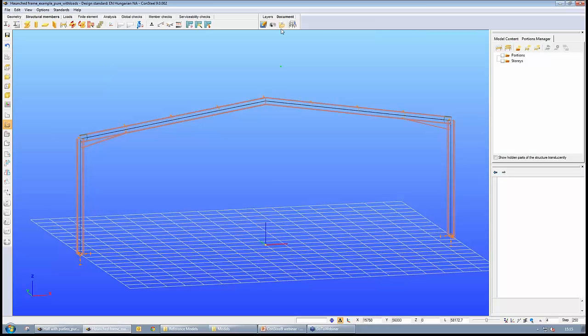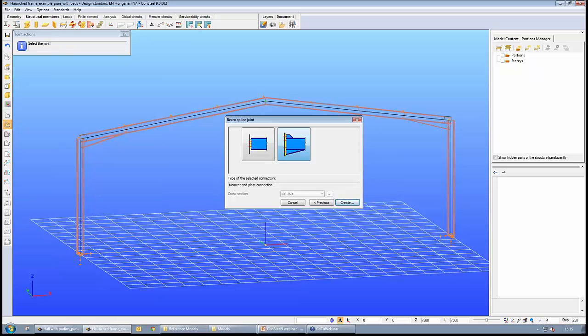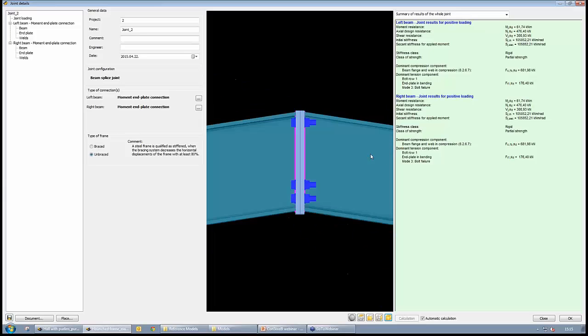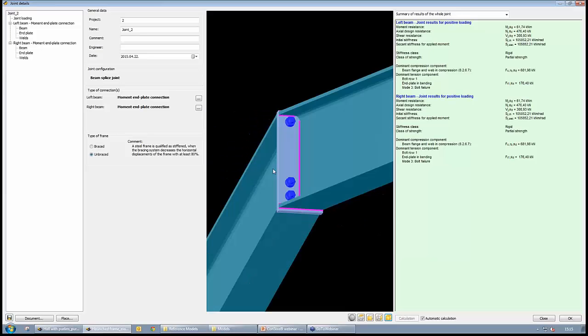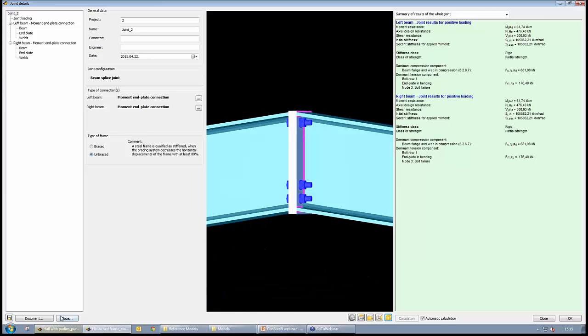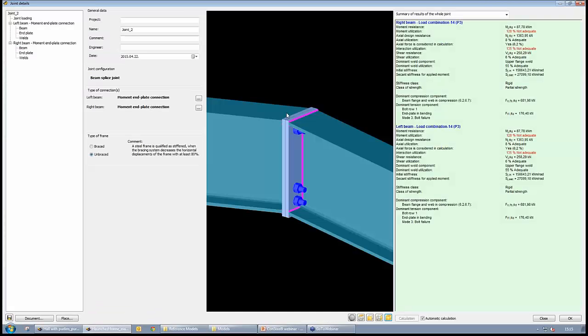And now I would like to show the same for the beam splice in the middle, so it is identified here. This is the received geometry with the default arrangement for bolts, welds and plates, and we place it back in order to have the possibility for evaluation. This connection, we can see that it is also not adequate at the moment, but I would like to go on